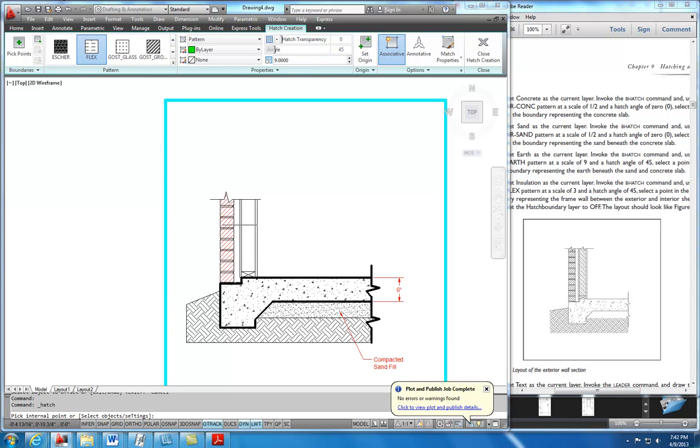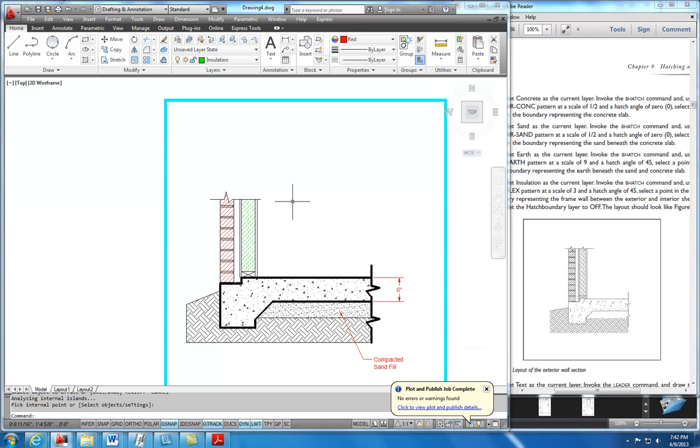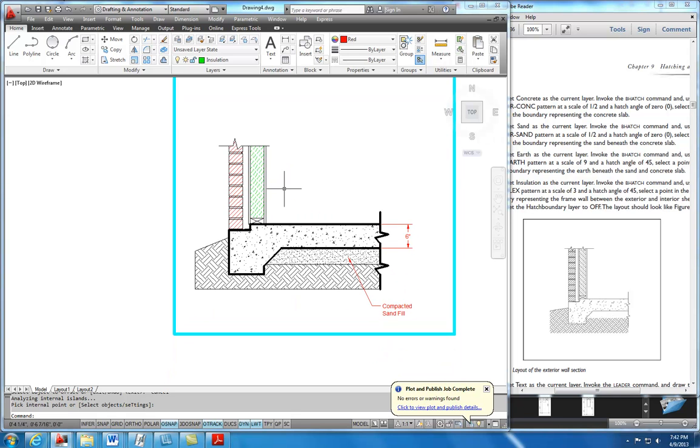And so we'll select that as our flex pattern, and that's going to be at a 45-degree angle, and the scale I believe is 3. So we'll bring it down, we'll say 3, and we'll click in here and we'll apply that. The rest is just annotation and detailing. We can go through and put our multileaders on here, and we can select nearest,